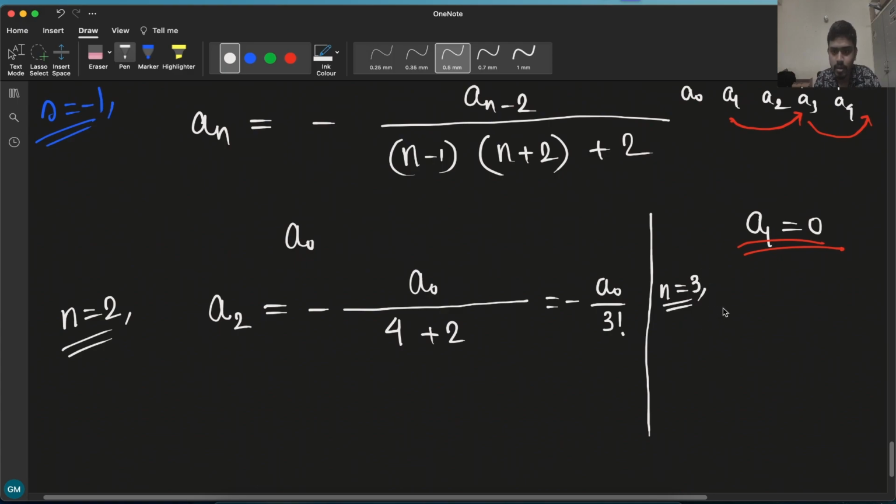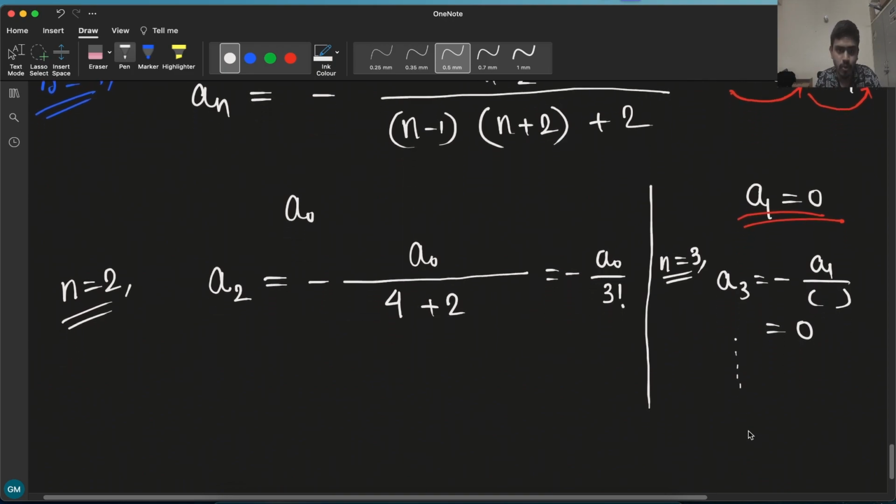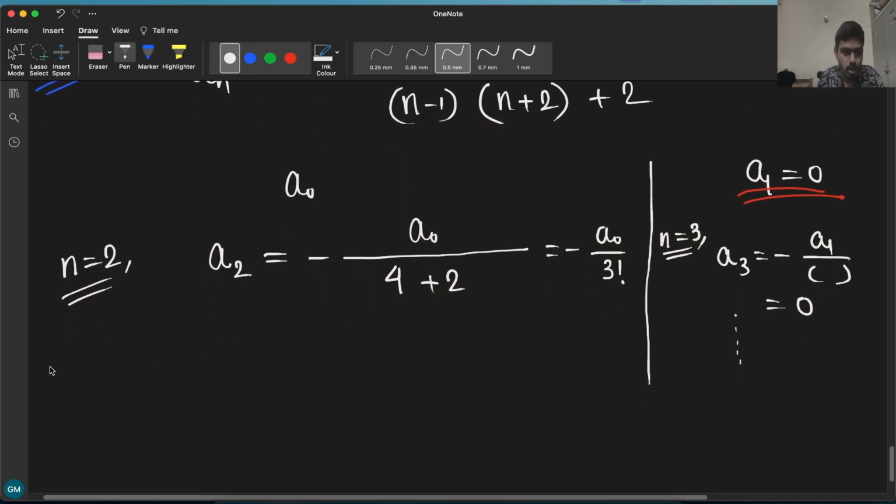if I put n equals 3, from this recurrence relation we will get a3 equals minus of a1 divided by something, but a1 is 0, that means a3 will also be 0. Similarly all the other odd index terms will be 0. Okay, now put n equals to